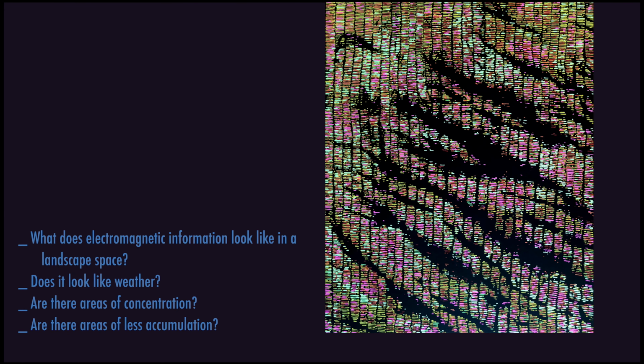How does that move through a natural space? So I turn to drawing and I start to think about this from above. Maybe it's a little bit like, does it function like weather? Is it like a weather map? I've seen a lot of those on TV. These fields of information move in. Do electromagnetic dispersal patterns work like that in the natural environment? Are there areas that are more concentrated than areas that are less concentrated? Do we see densities and sparseness in this information set?